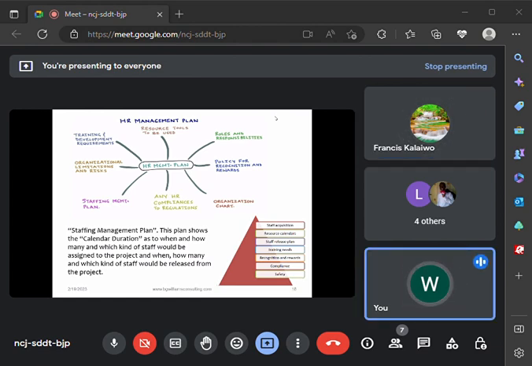No, no. McGregor theory Y is that those team members or set of people in your team are ambitious in nature, they are self-motivated to work to achieve results. All right. And we are saying that if you have those set of people in your team that are not lazy, they come to you and say, okay, so what else do you want me to do now? Those set of people, the approach you as the project manager should use is to give them more tasks. And that is what motivates them. Give them more challenging work to do. That is what keeps them going. And that is the management